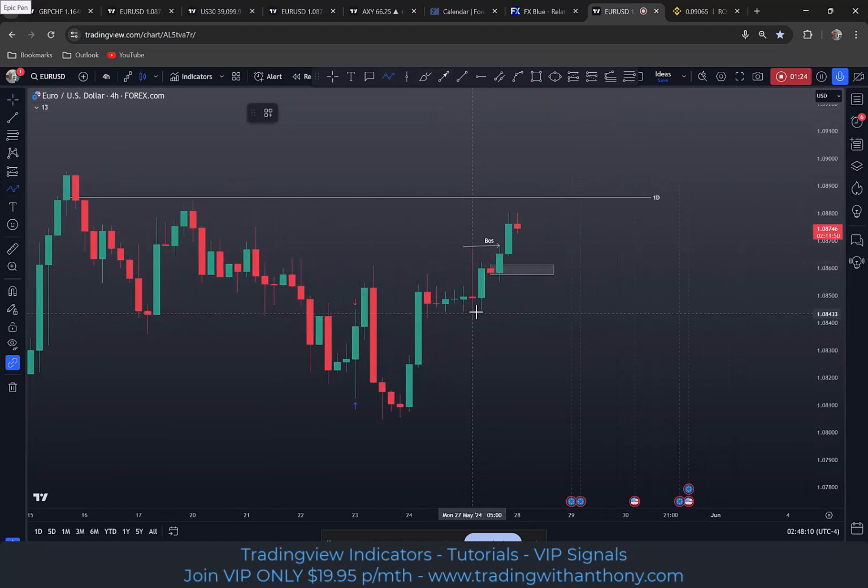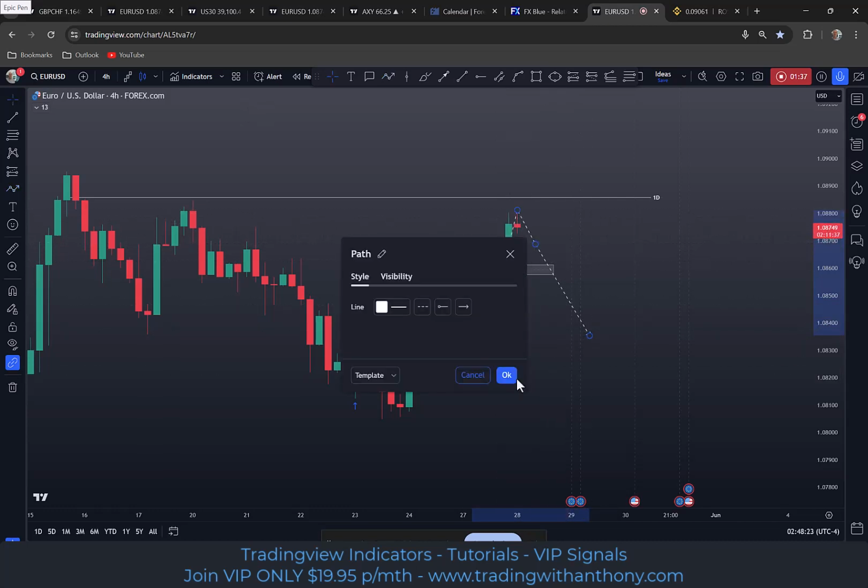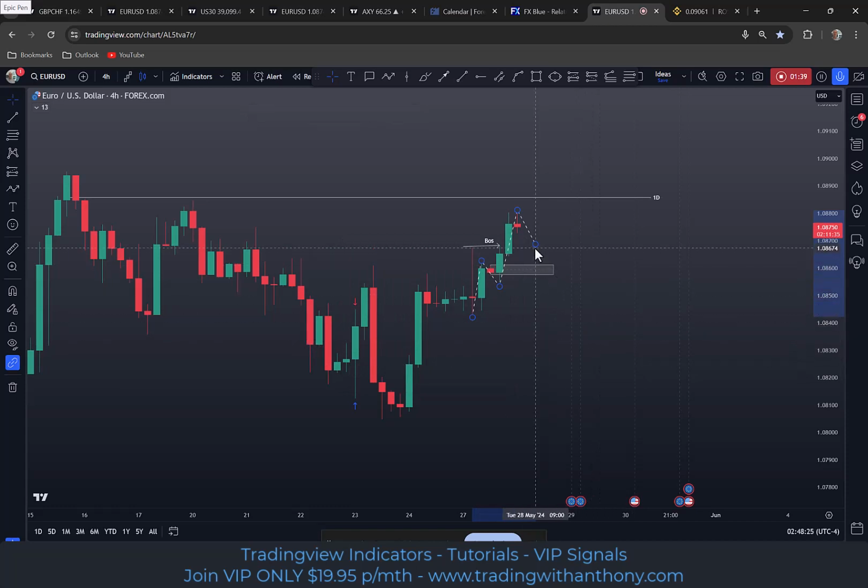Now we'll have a look at these swings. We've got low to high, retrace, low to high, retrace, and I'm looking at